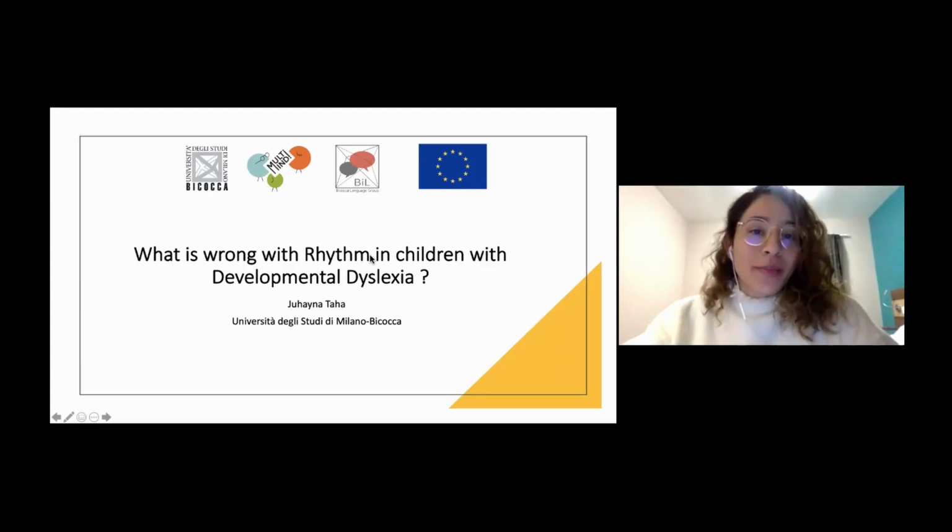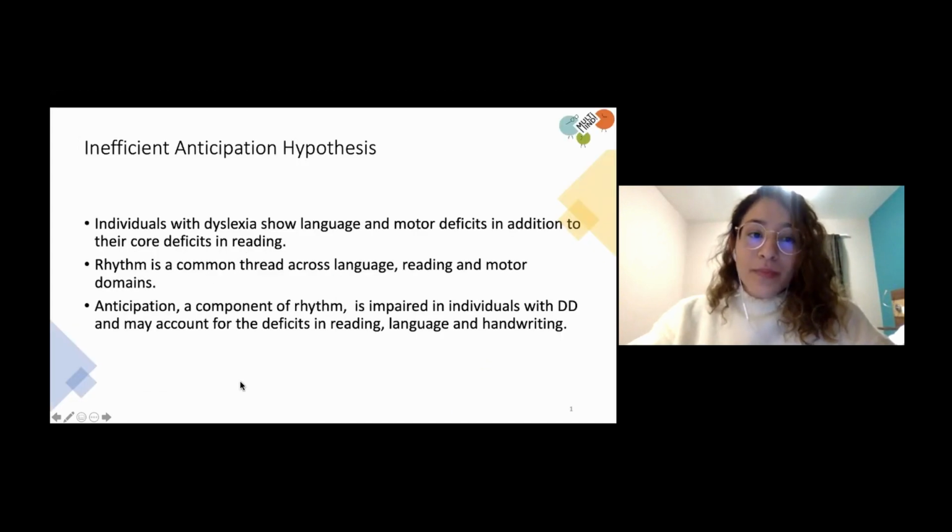Today I'm going to be presenting to you a new concept or theoretical framework that we are currently working on as part of my work in the University of Milano Bicocca with Professor Maria Teresa Guasti. What I will be presenting about today is the Inefficient Anticipation Hypothesis, and this concept is based on the observation